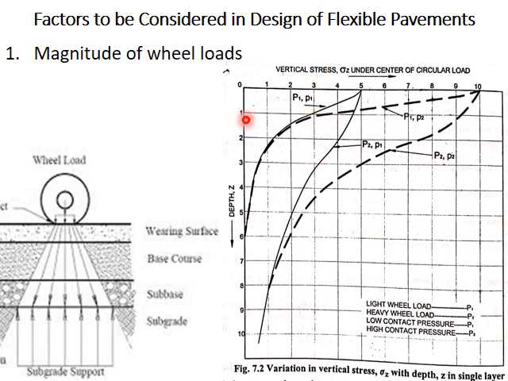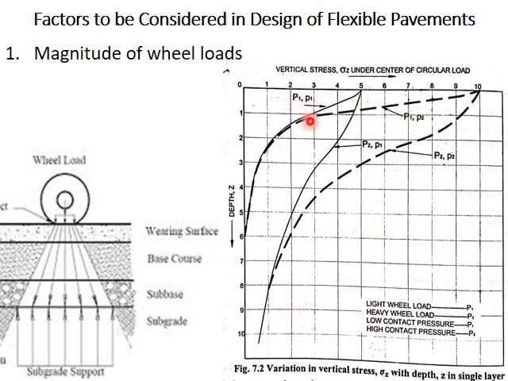Here if you consider a depth of 1 meter below the pavement surface, as the wheel load increases from P1 to P2, vertical stress increases. Here also vertical stress increases. Here also vertical stress increases. But that increase is less when compared to when the contact pressure is increased. When the contact pressure is increased from small p1 to small p2, you can observe that there is a greater difference in vertical stress that occurs only in the upper layers. Up to a depth of 1 meter or 2 meters, there is a difference in vertical stress with change in contact pressure.